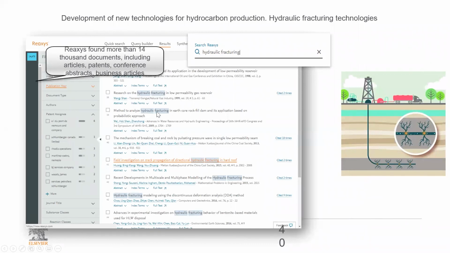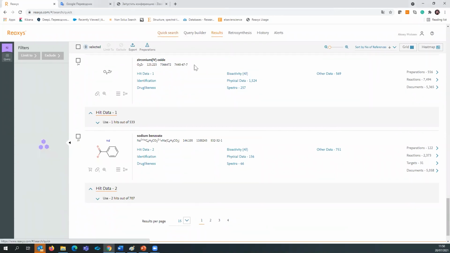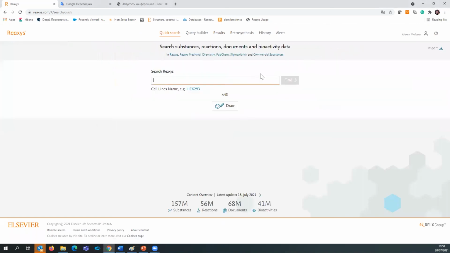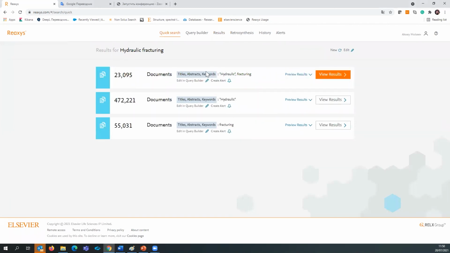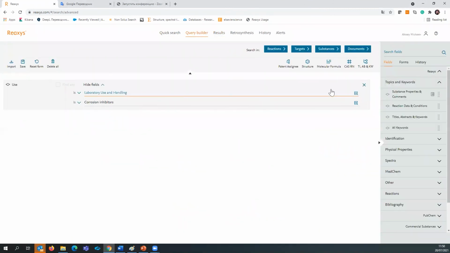Another topic that could be interesting for you is hydraulic fracturing. You can just place in quick search hydraulic fracturing and find information about this, about hydraulic, about fracturing, and together view results. And you can find documents about this. Also, we can make the same request,